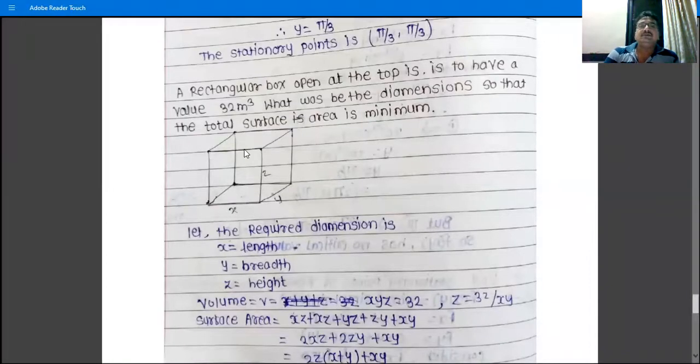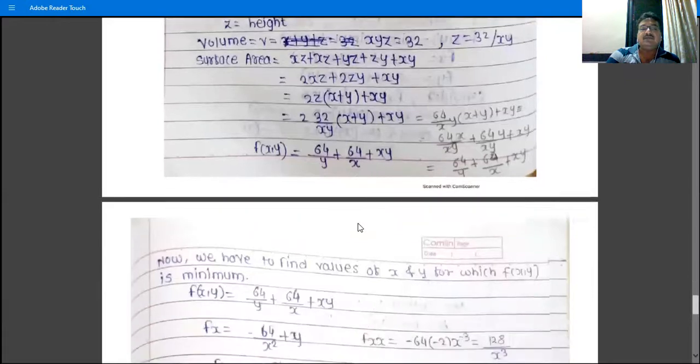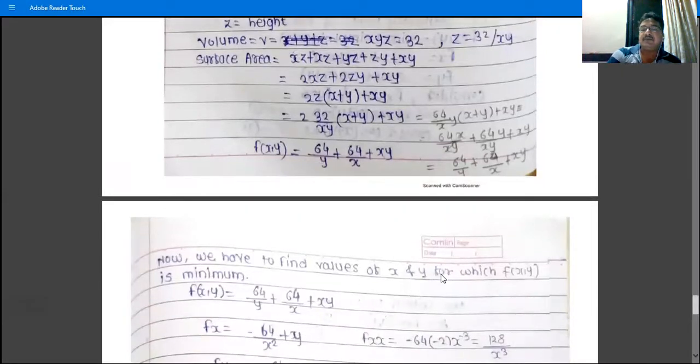So, an example on minimum and maximum values. A rectangular box without top, or open top, has a volume of 32 cubic meters. What are the dimensions? Let x, y, z be the dimensions, and in the last lecture we have seen that f(x,y) is this function, and now we have to find the values of x and y for which this function